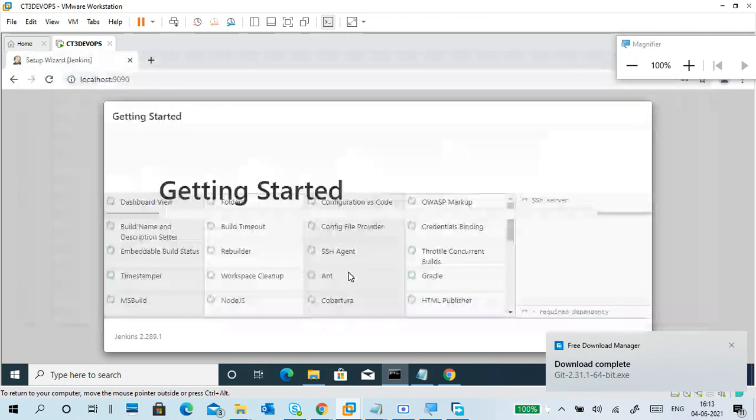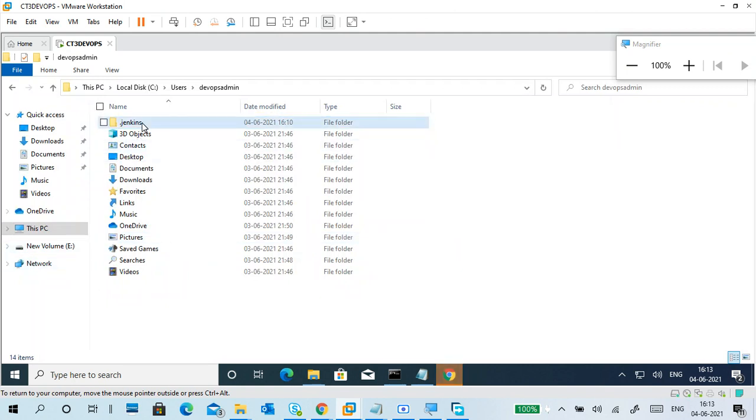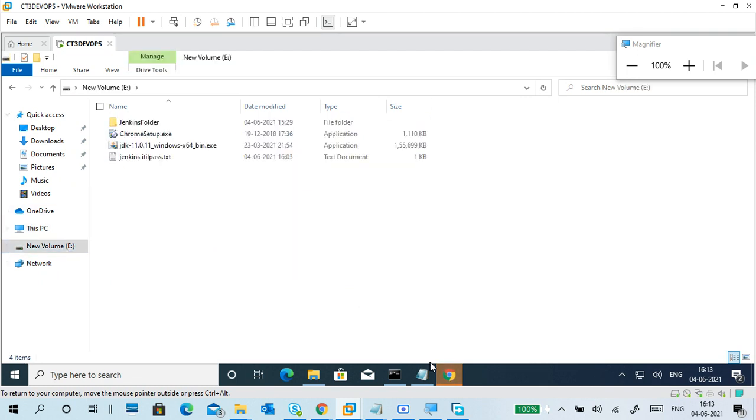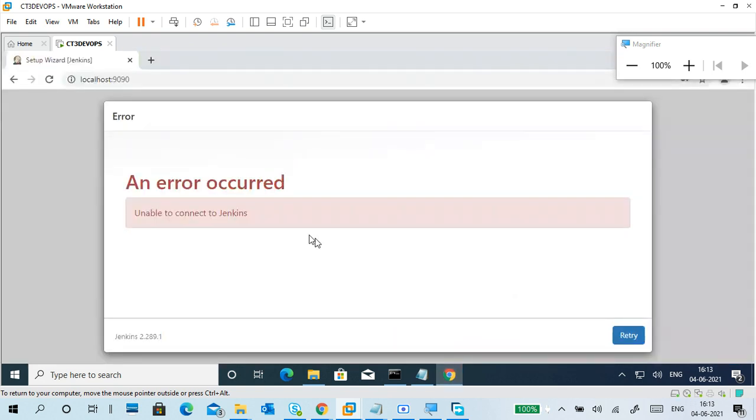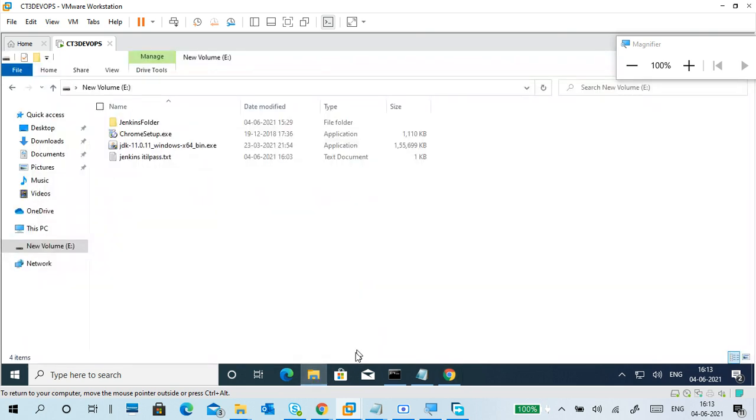Yeah, mine is downloaded. So everything, Jenkins, all related, the plugins and everything stores here only. Error occurred in starting only. Retry. It happens, so don't worry.